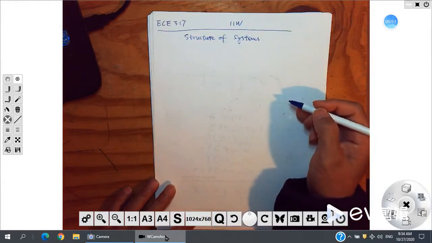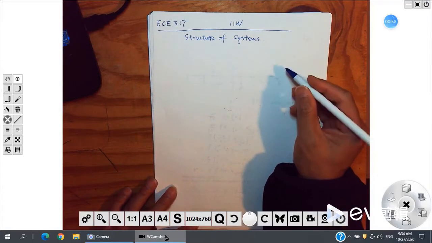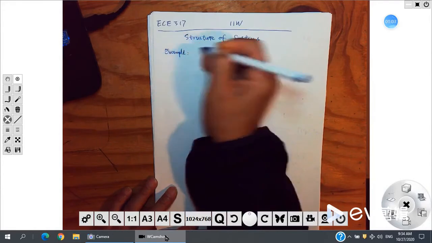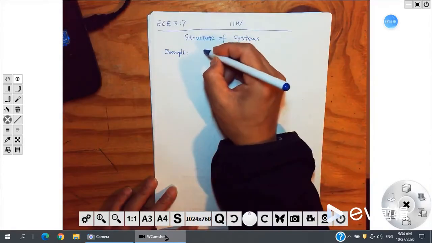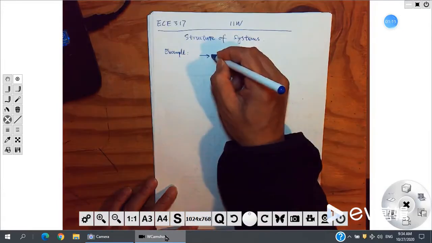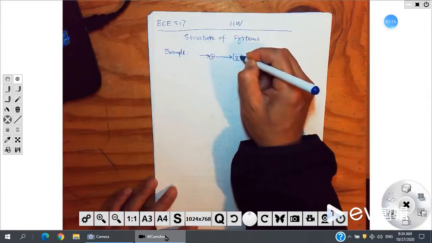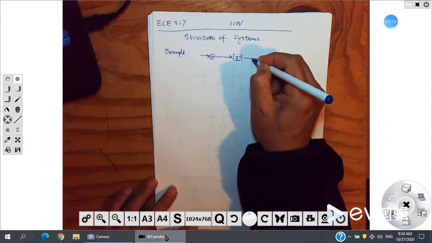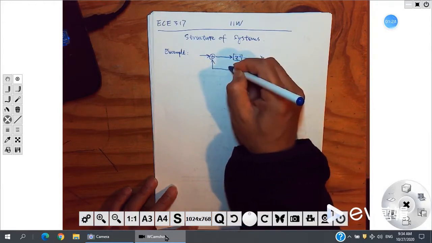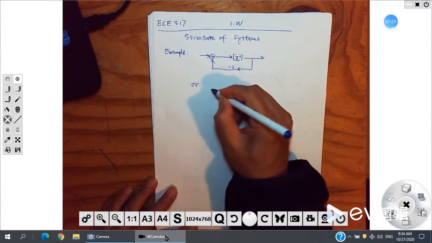We have two types of structures. One is a block diagram, one is a signal flow graph. I use an example to explain it. Like we can have a structure like this, z to the -1, here's a -2, for example, right? This is the structure. Or we can have